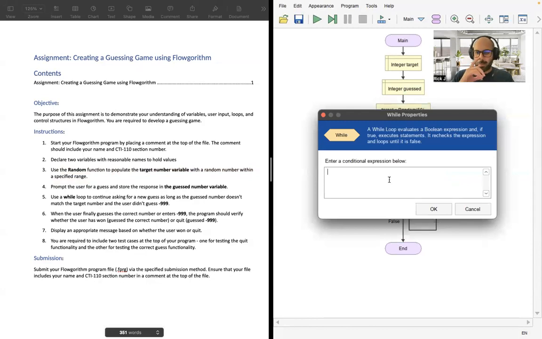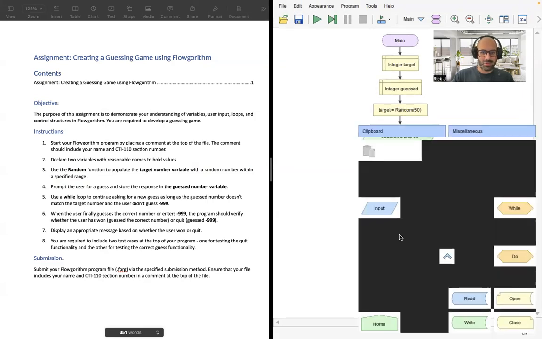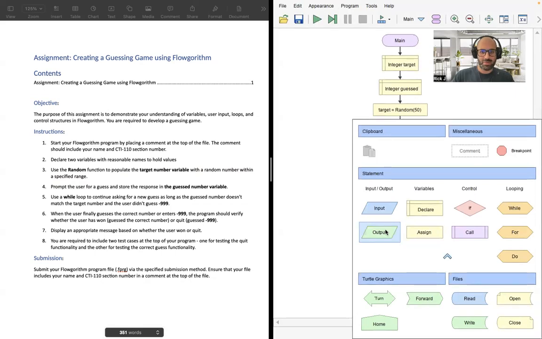So while target is not equal to guessed, keep doing it if this is true. So yeah, if it's false, which means it is equal, we will say output